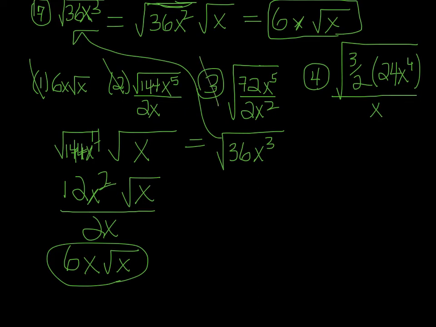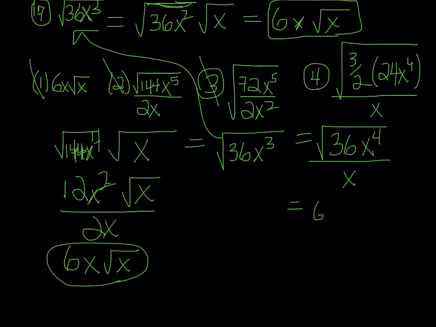So by process of elimination, obviously choice 4 is the answer, but let me explain a little bit further. If I do 3/2 times 24, that's going to give me 36, and then we've got x to the 4th, and that whole thing is over a plain old regular x. Now, 36x to the 4th, those are perfect squares, so I'm going to take the square root of 36, which